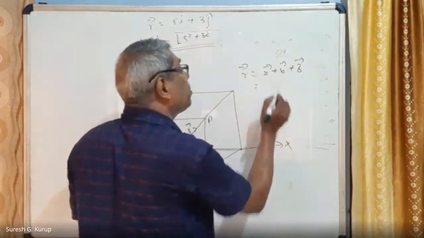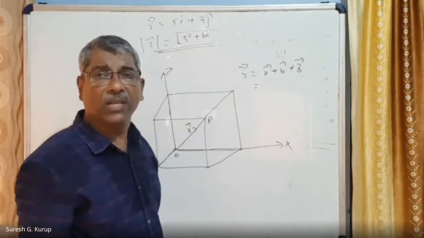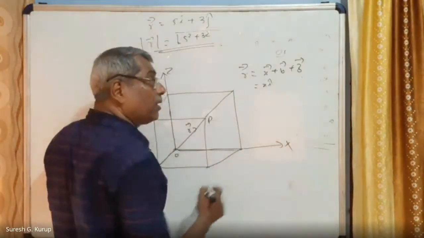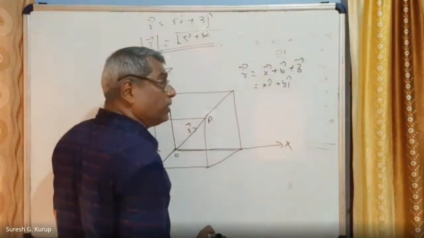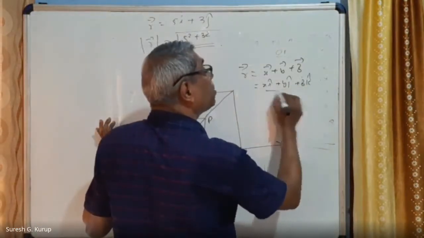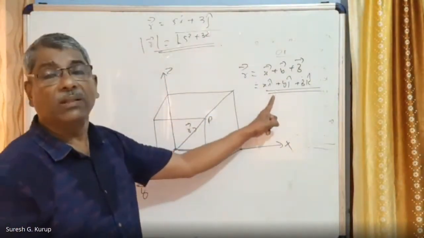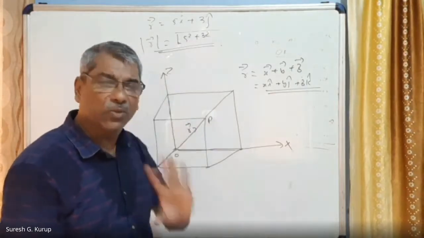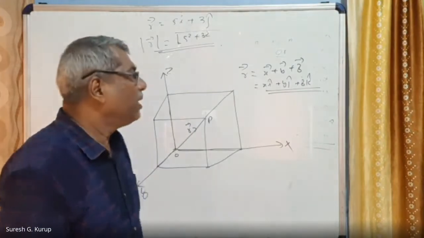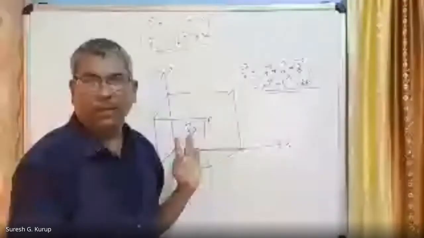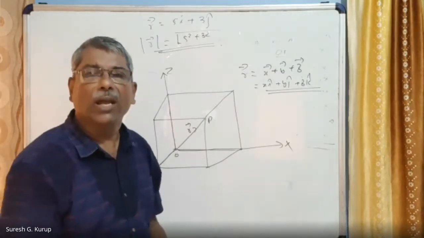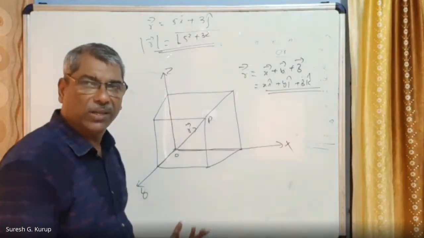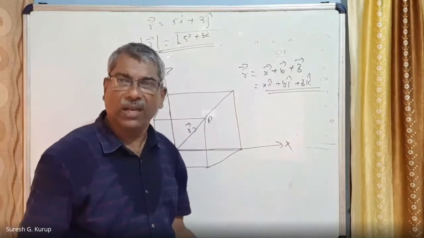The same thing can be written equally. You know the unit vectors along x-axis, y-axis, and z-axis: i, j, k. The same thing can be written as equal to x into vector i plus y into j plus z into k. These are the three components of a three-dimensional vector. Here we are not explaining in terms of cosine and sine theta. Here only vector x plus vector y plus vector z. A three-dimensional vector must have three components, and a two-dimensional vector must have two components. There, one component is the cos theta component, other is the sin theta component. In this case, there is no cos theta, sin theta.